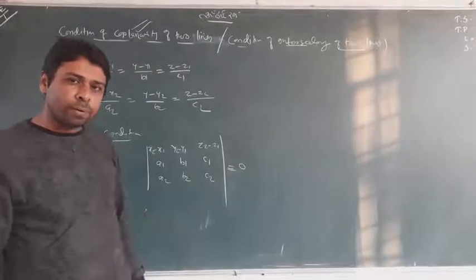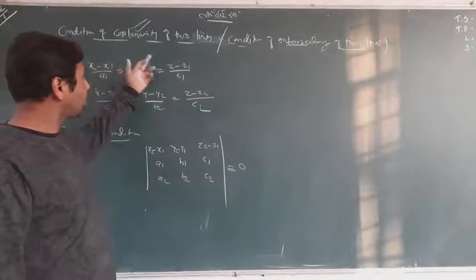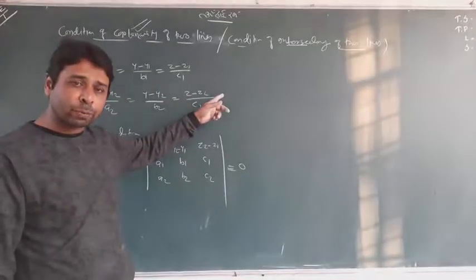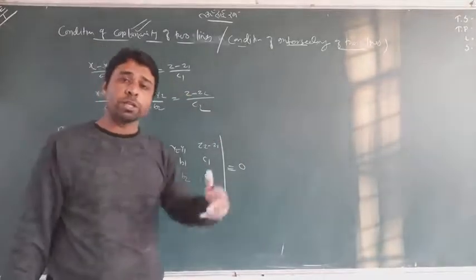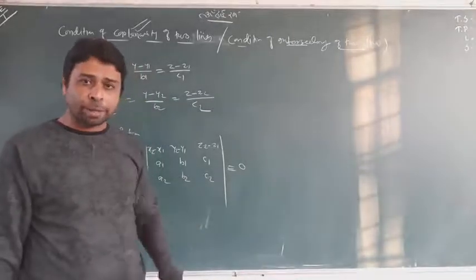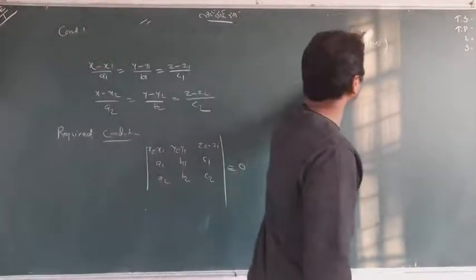Prove this. From where can you get x1, y1, z1, x2, y2, z2? From the first line you can get x1, y1, z1, through which the line was passing, and x2, y2, z2 through which the second line was passing. a1, b1, c1 is the ratio of the first line, a2, b2, c2 is the ratio of the second line. Put them here, get the answer. That is simple. Now I will see one example, and I just want to explain that here only. So see one example, and we'll look at that.